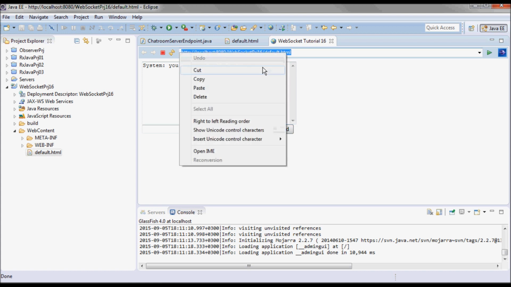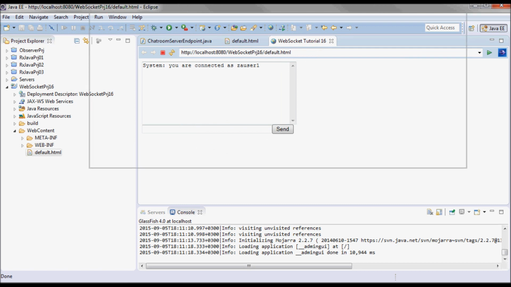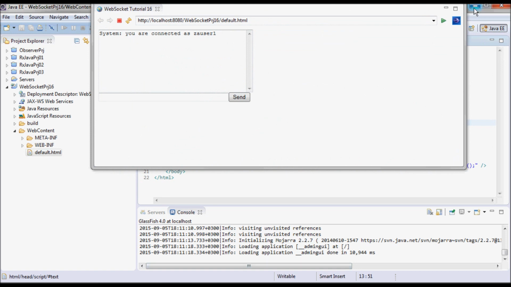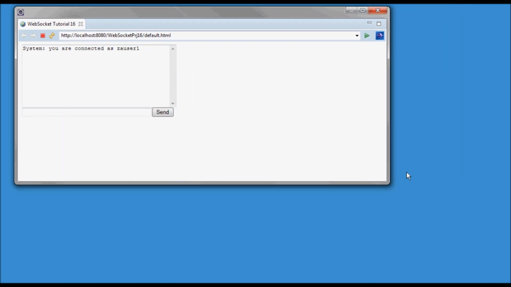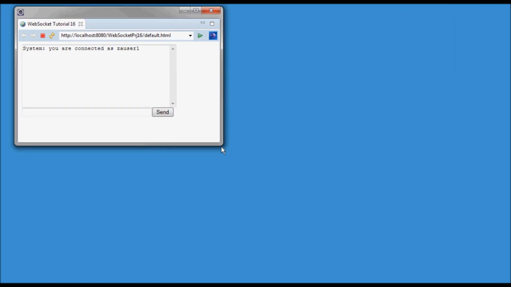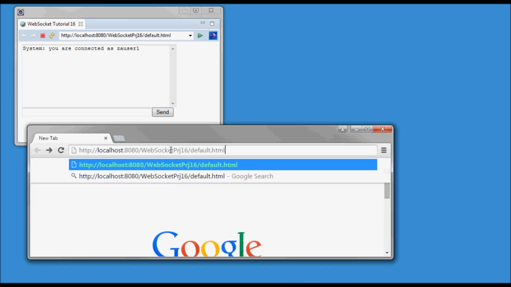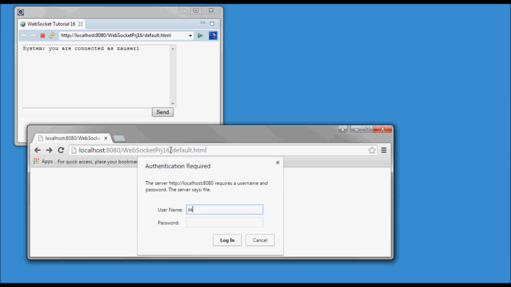Let's copy this, and I want to remove this window. And VA user2 and password.